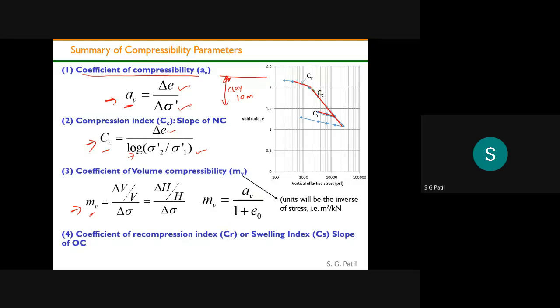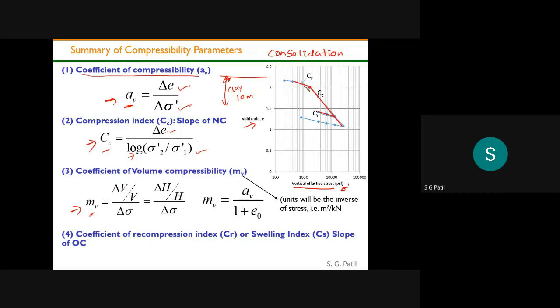When you perform this consolidation test in the laboratory, you will get this kind of graph. You have to plot a graph between your void ratio versus the vertical effective stress, that is sigma dash. Once you apply the load, the void ratio will keep on reducing. As you apply the load, the void ratio keeps on reducing, and then at one point,